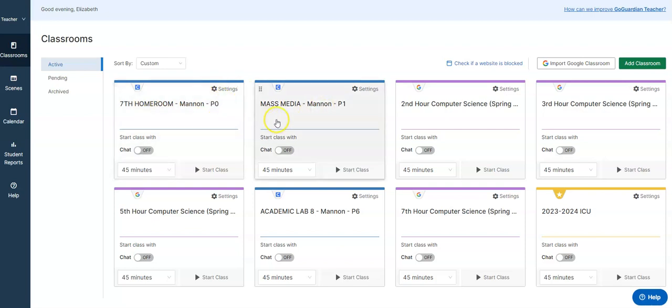Clever has come up with a couple for me. So my homeroom, my mass media, my academic lab, all of those I went ahead and just took from Clever whenever they gave them to us at the beginning of the year. My second hour, third hour, fifth hour, and seventh hour, you'll see by the G that they